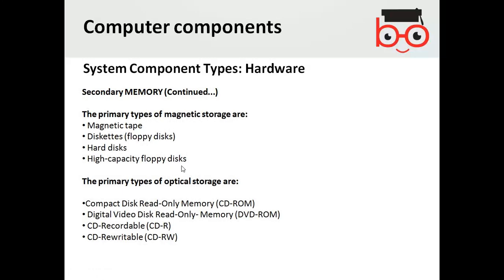If you have more interest, then you can read many articles and videos on YouTube about the history of the computer. Then the optical types of storage are called compact disc read-only memory, or CD-ROM. They are optical. Digital video disc, DVD-ROM, they are optical. CD recordable, CD rewritable. So there are lots of types that fall within these optical devices. You can see their mechanism. If you have interest, you can go through it.